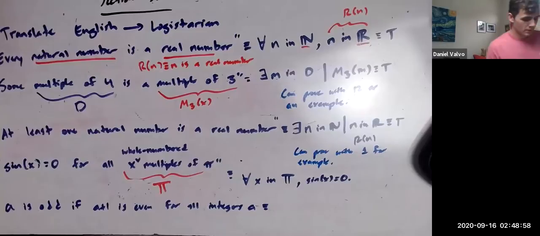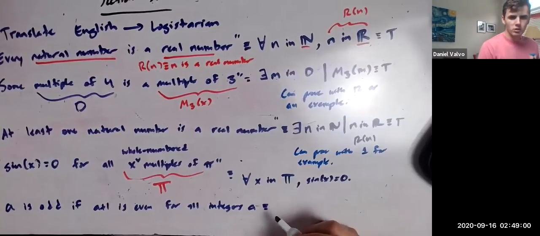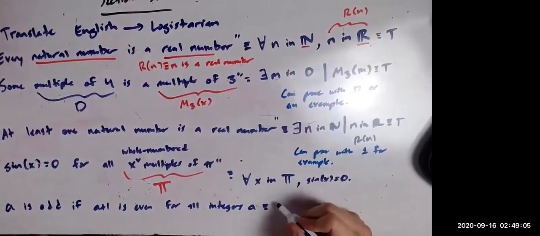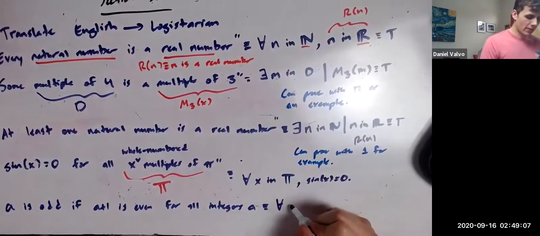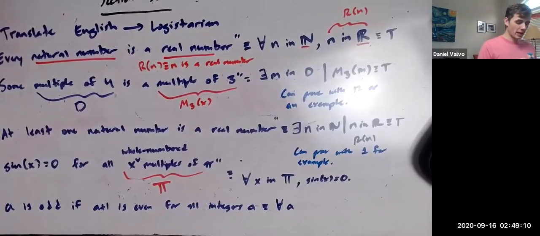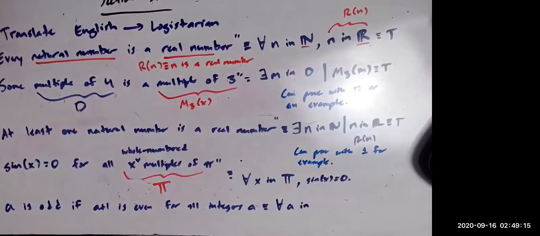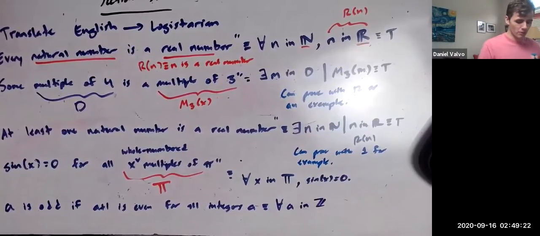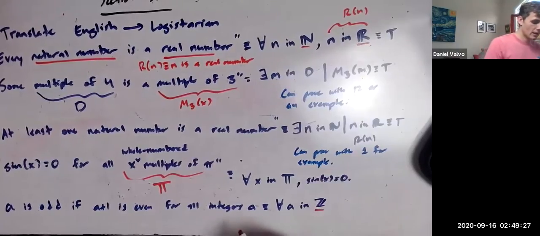All right. So is this universal or existential? Universal. Exactly. So we have a for all, and we keep the variable a. So for all a, and what's our domain? What are we talking about here? Integers a, right? We're making it clear about all the integers. So for all a in Z, this is a symbol for the integers. We'll talk about that again, but it'll be nice to have a little practice. So for all a in the integers Z,